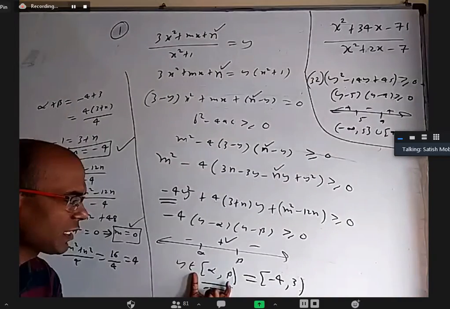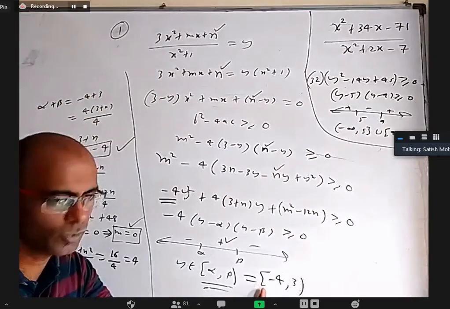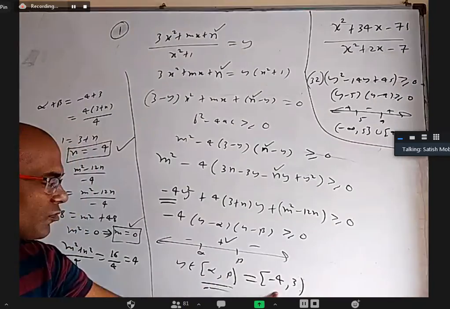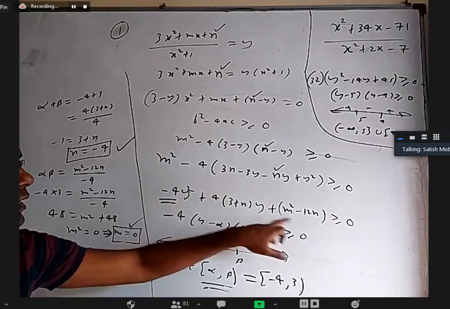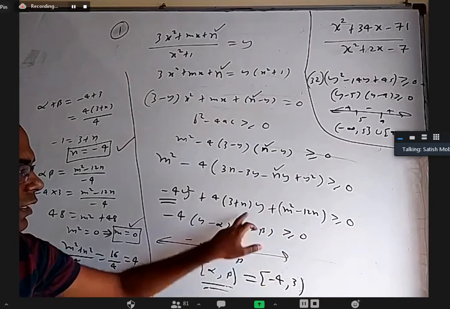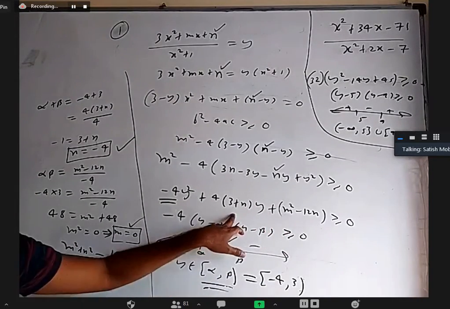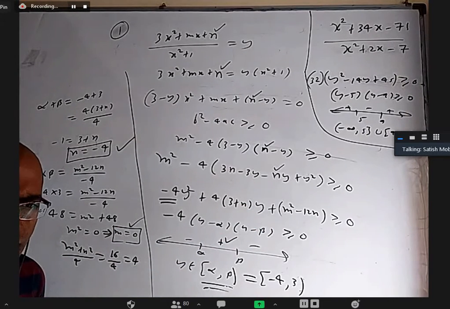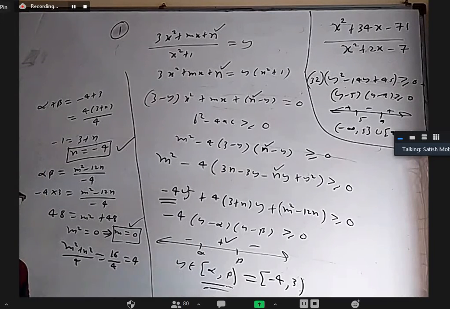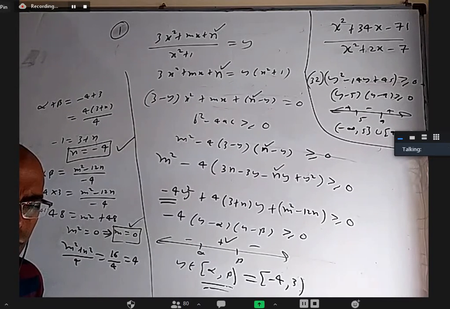But this answer which we got, they gave it as minus 4 comma 3. So alpha should be minus 4 and beta should be 3. That means for this quadratic equation, the roots must be minus 4 and 3. So you can find the sum of the roots, the product of the roots, and equate accordingly. We'll get it. Earlier somebody asked a doubt about this step. Is it okay now? Yes, sir. Okay.